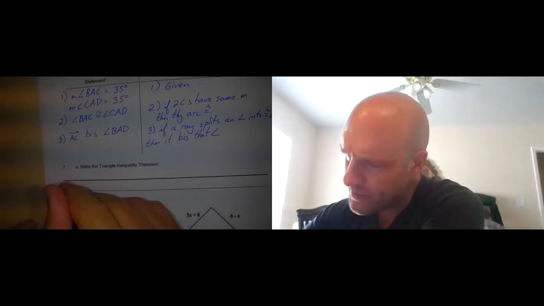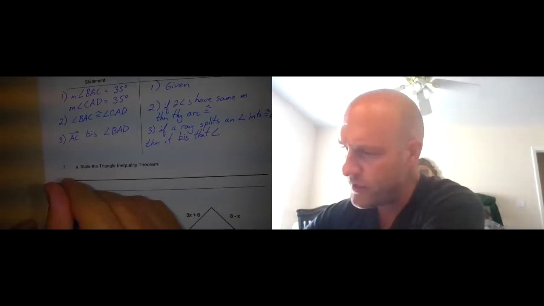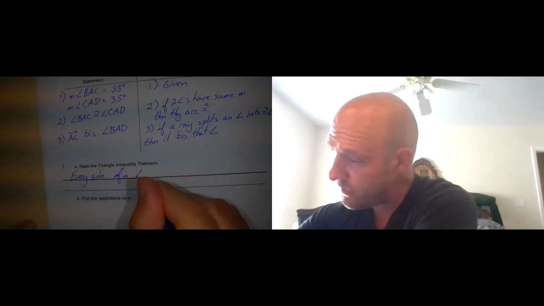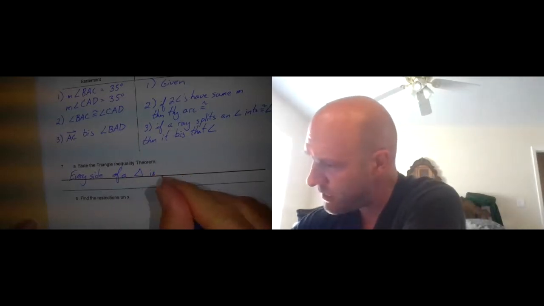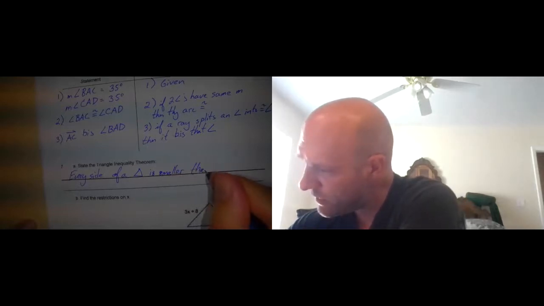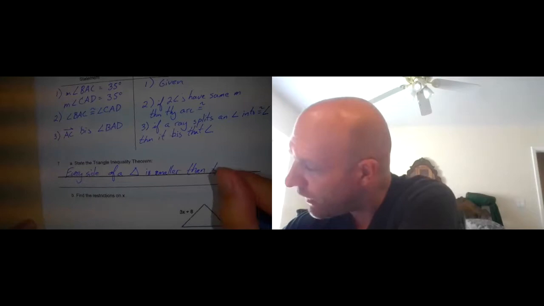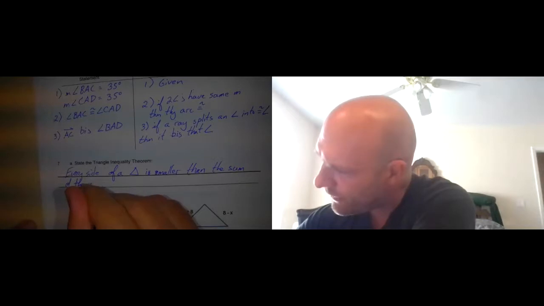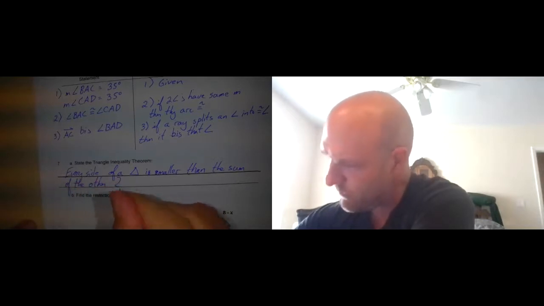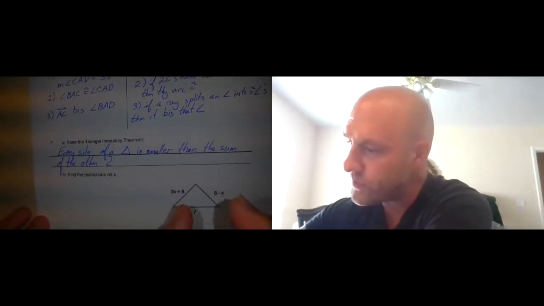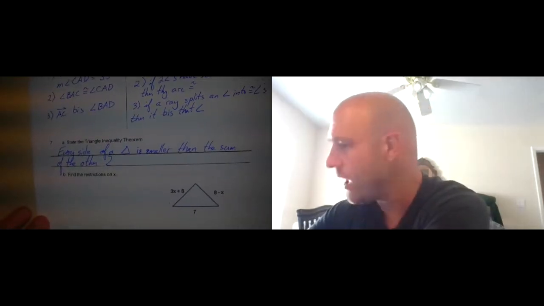I think I repeated several times that every side of a triangle is smaller than the sum of the other two. And take that to heart to figure out what the restrictions on X are, I suppose,